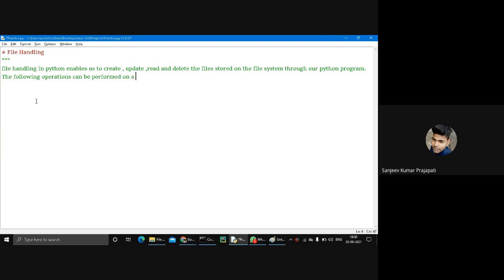Basically, file handling means to enable us to create, update, read, and delete a file. It means firstly we have to open the file and perform some operation, like create a file and update some data on this particular file available in my PC and some other places, and also read the content and also delete some content available in my particular file, using this file system through a Python program.